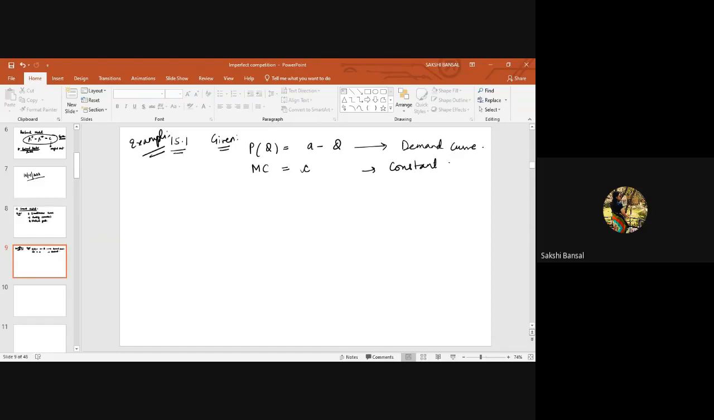Now, if I'm applying the Bertrand model, suppose the examiner is asking to apply a Bertrand model. In that scenario, there is no need to solve the entire question. You just write your answer like this. There is no need to solve the question. In the case of the Cournot model,